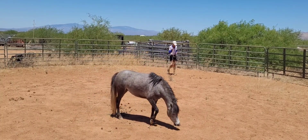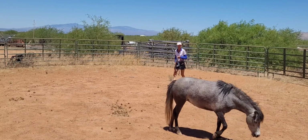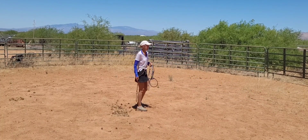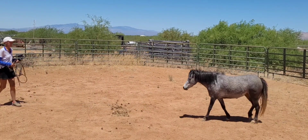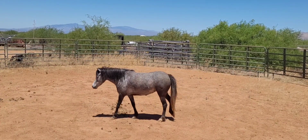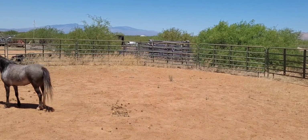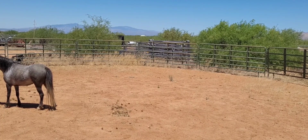Maybe more so with the buckskin and with my white horse and my dapple gray horse. Anyhow, even in a big arena, those two horses, at times they were... This is good. See how I'm backing up, backing up, backing up, backing up. Sometimes I have my back pinned against the fence, just to show them,